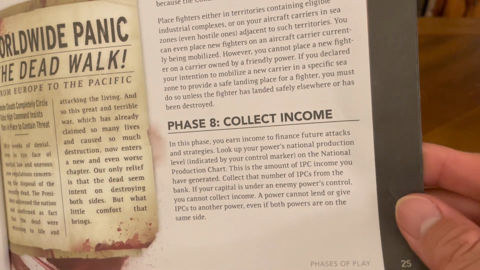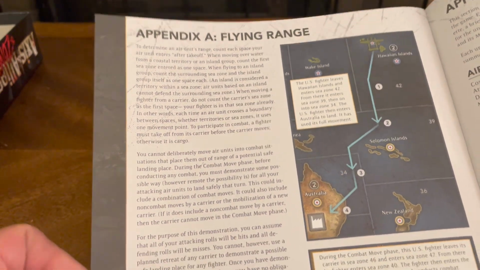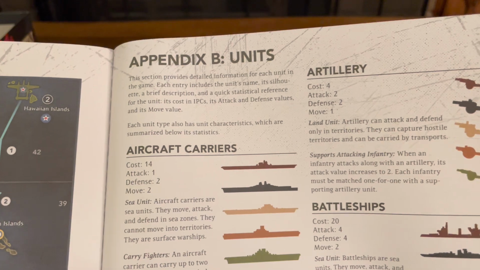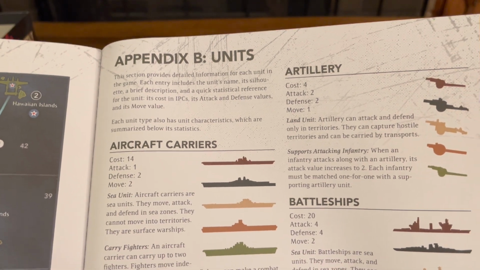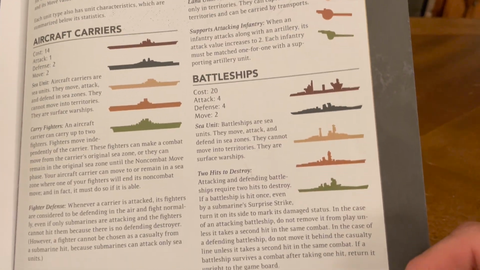Phase 8, collect income. Appendix A, flying range. Appendix B, units, aircraft carriers, artillery, battleships,